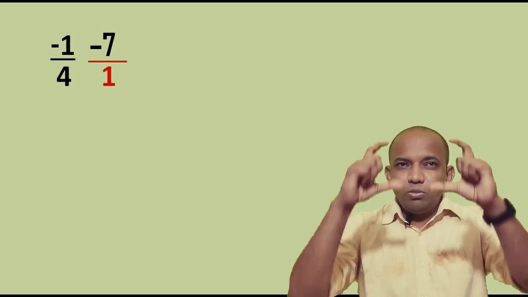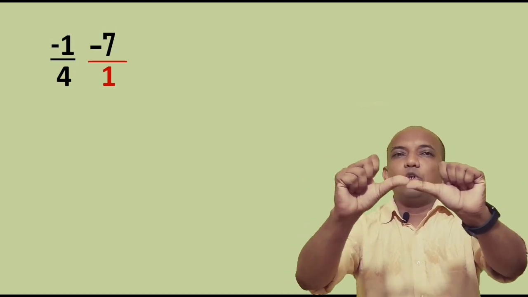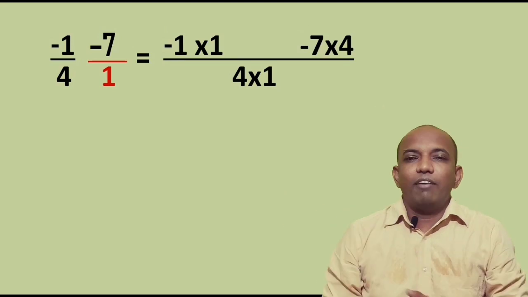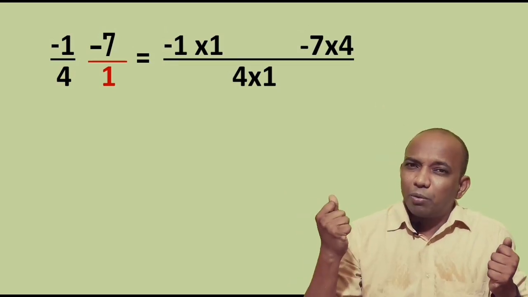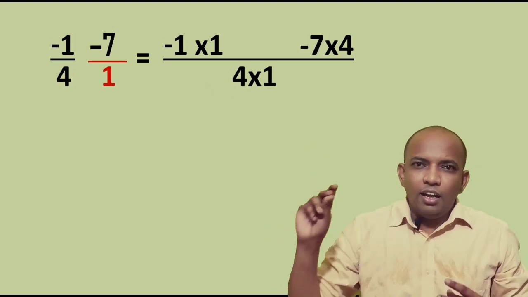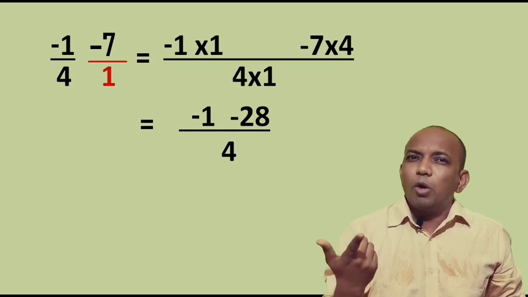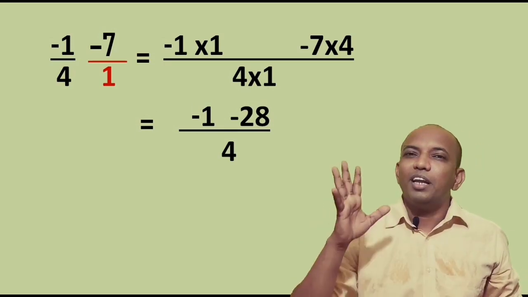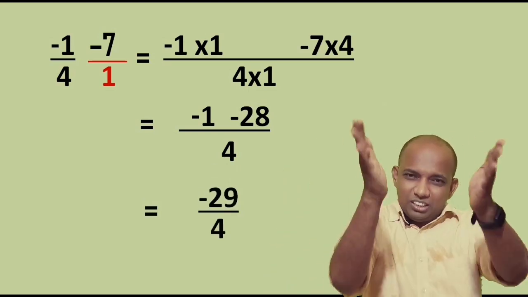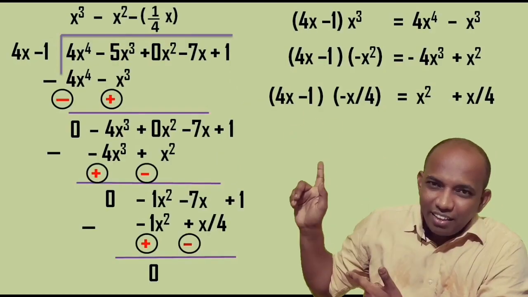Okay, so what we are going to do? Again, 1 into 1, 4 into 7, and then 4 into 1, the way you are looking on the screen, along with the negative signs as the terms have. Then what to do? Of course, carry out the operation. What we get? Minus 1 minus 28 upon 4. Yes, and now in the numerator, if you observe what we have, minus 1 minus 28. What operation can be done? Yes, addition and the bigger number sign. What do we get the answer? Negative 29 upon 4, and this should be the answer of our addition there, right?